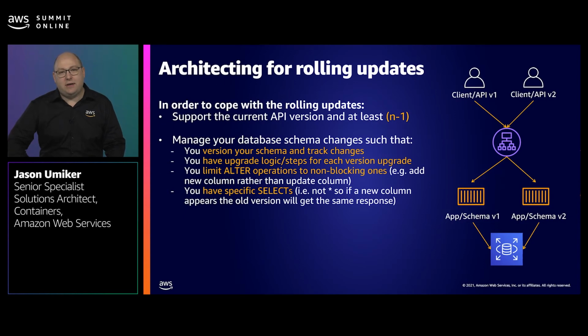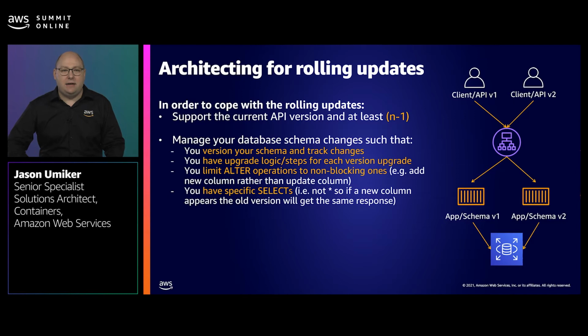Putting this all together, if you want to leverage the Kubernetes default of rolling updates, you need to be able to ensure that both the clients can still use the previous version of the API when calling your service, as well as that your service can have both versions interacting with the same database before and after a schema change. Versioning your API, perhaps with different URI paths, is one common way to handle this on the API side.